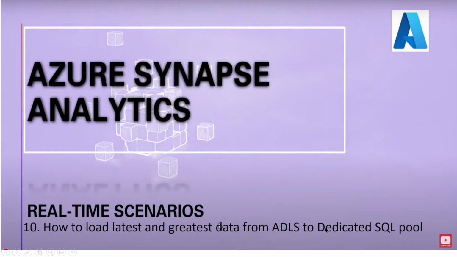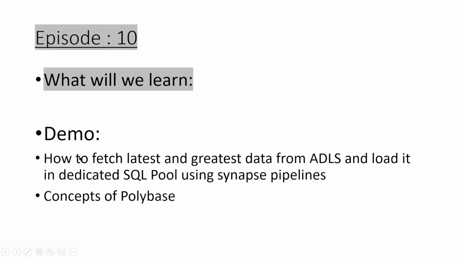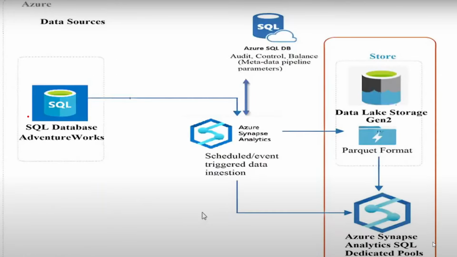Okay, so let's see what we are going to learn as a part of this video. As we discussed, we are going to practically see how to fetch the latest and greatest data, that is the maximum of last modified data from ADLS, that is Azure Data Lake Storage, and load it into dedicated SQL pool. This is our requirement, and we will be doing this using Synapse Pipelines. During the process, we will try to understand the concept of PolyBase and how it is applicable in Synapse Pipelines. Let's go through this workflow, which we have covered in the previous video also,